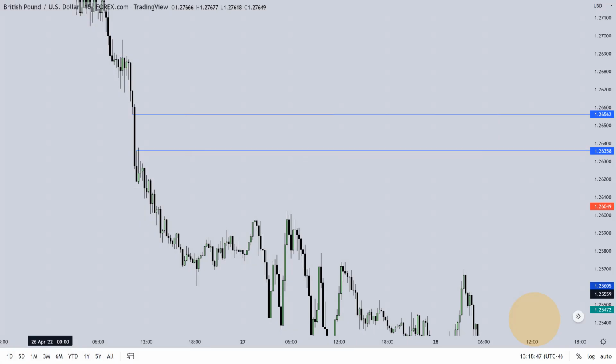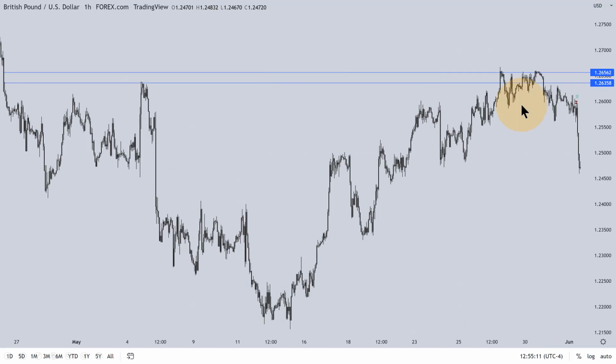All right, I'm going to use the same example because of model number 8. That example is exactly how I would incorporate and utilize one shot, one kill. I use model number 8 and model number 9 together. So I'll explain as I go, but the levels here, without having to mention it again, are those two levels. When we go into the lower time frame chart, you'll see it. The logic is we consolidated here and took out the buy stops. I don't want to go too much into what I've already discussed in model number 8, but the expectation is the weekly range should expand lower, given the benefit of the doubt.